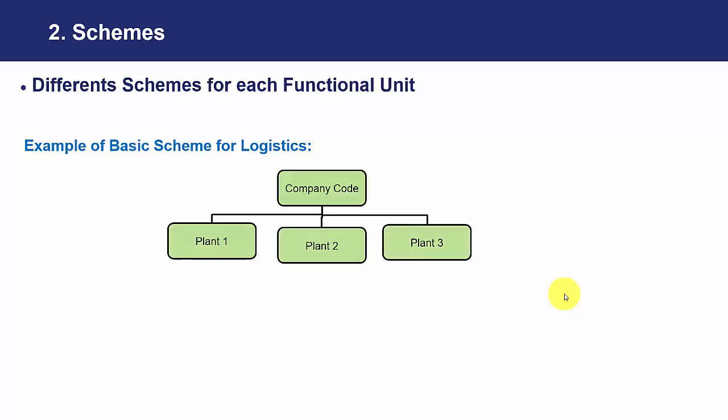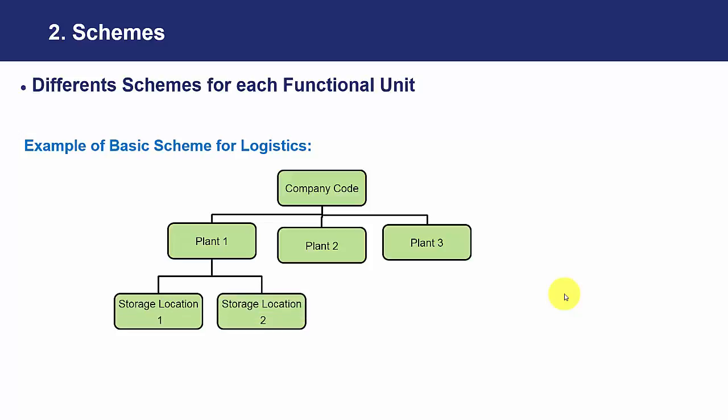Plants are localizations, some of the physical localizations. They might be factories, they might be warehouses, or they might be offices. Each plant can have different storage locations,